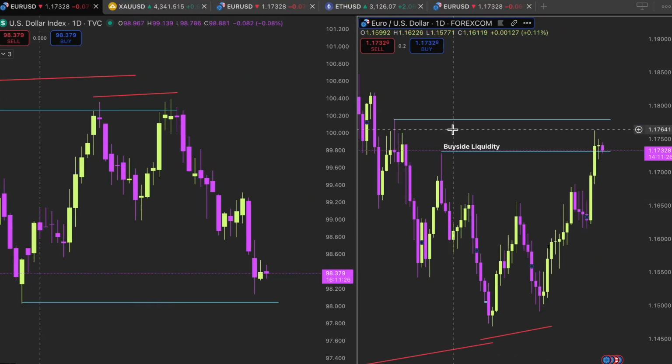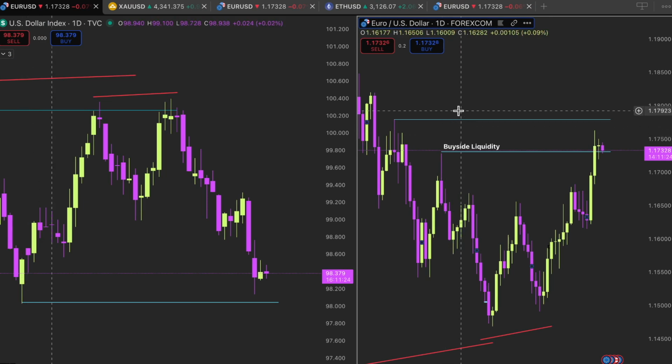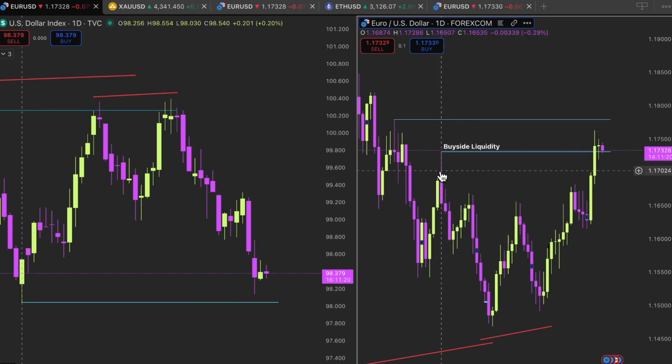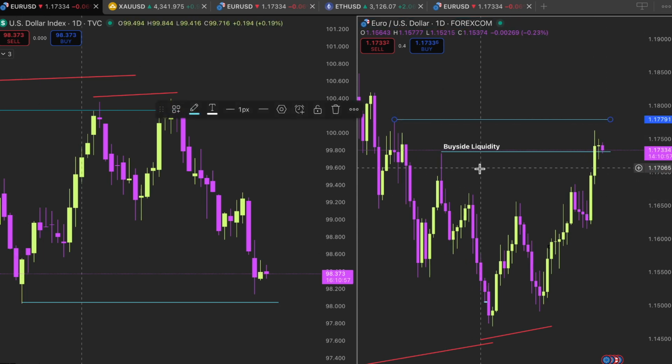As you can see, our previous week targets have been reached for both the euro and the US dollar. For the euro, I expected us to trade higher into this level, but as you can see, we expanded way higher than that and reached above this high over here of the 17th of October. For my next target, my bias remains the same. I remain bullish. We're still in a bullish order flow, in a bullish price structure.